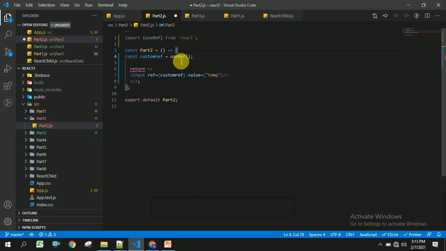You can initialize this with a null value or an empty string based on your requirement, and I am going to take a button. Once the user clicks on this button, I will access this input element.